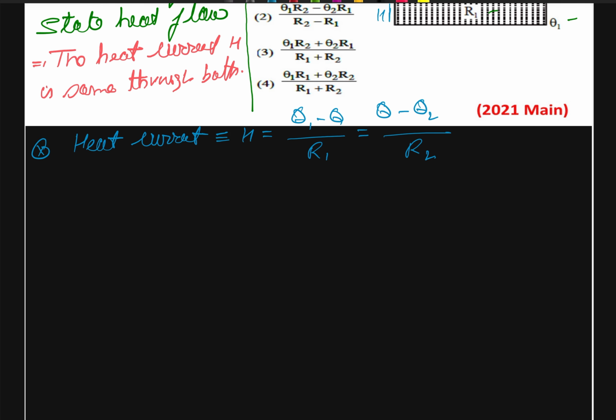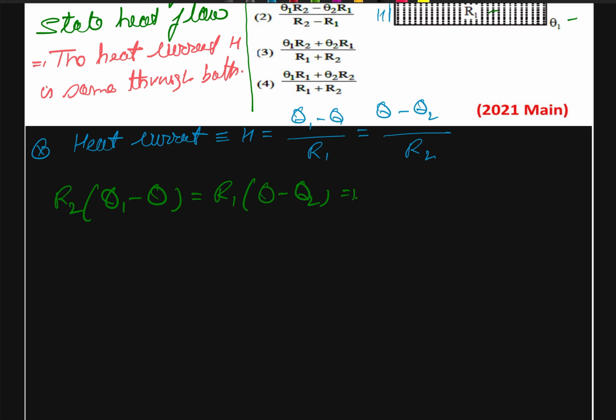We can just cross multiply them and we get R2 (theta 1 minus theta) is equal to R1 (theta minus theta 2), and we can take theta to one side, so that will give us